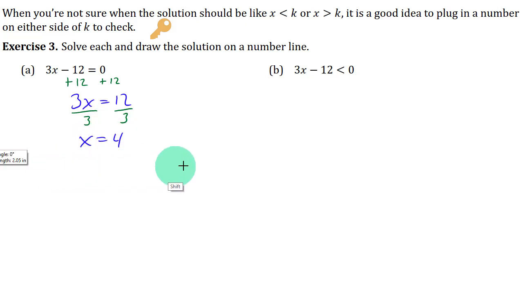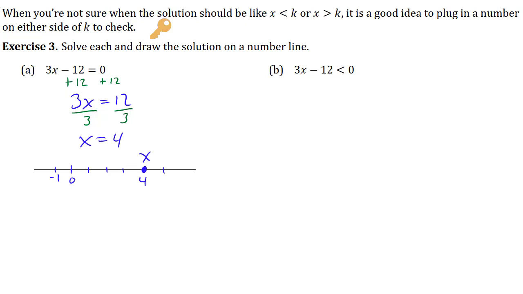So what does that look like on a number line? It's right here. Just a big dot. There's 4. That's the x you want. -1 is over that way, but we don't need that. Okay, now